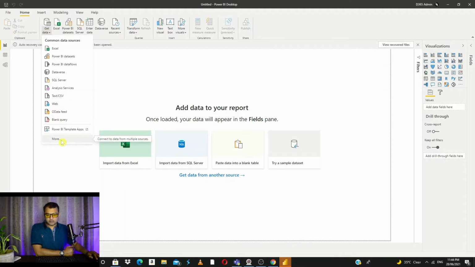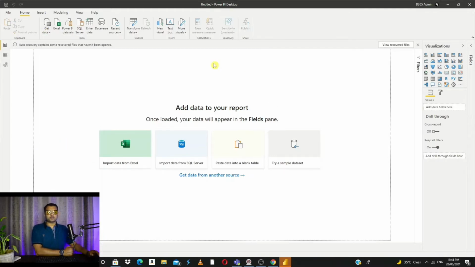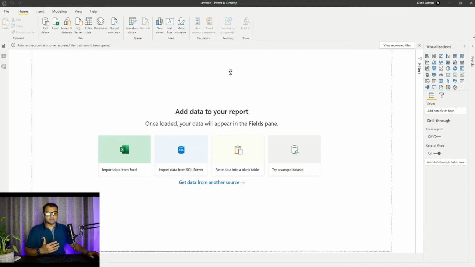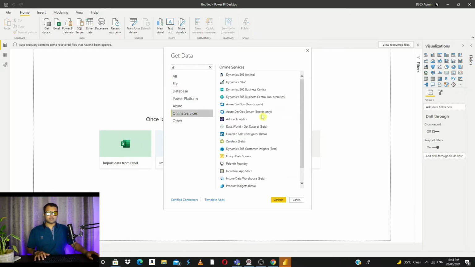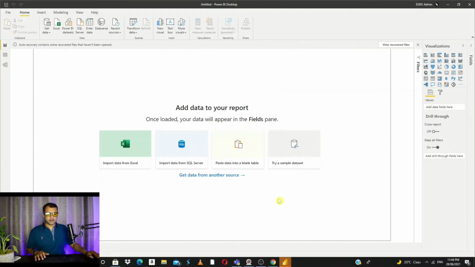So we'll click on more, and it will pop up a new window where we will see multiple options for our data. Search for Dynamics 365, go to online services and click on Dynamics 365 online, click on connect,